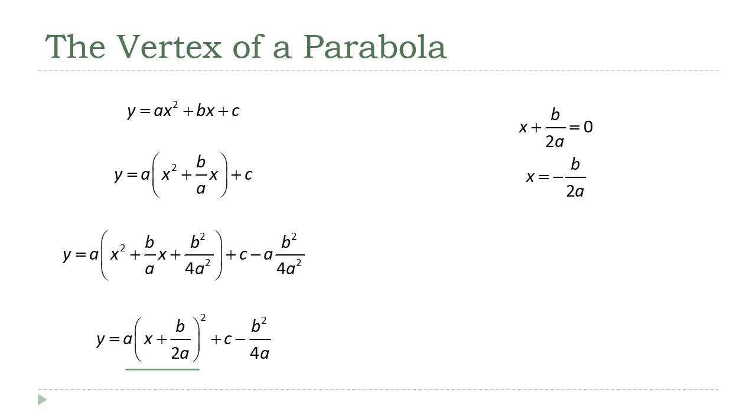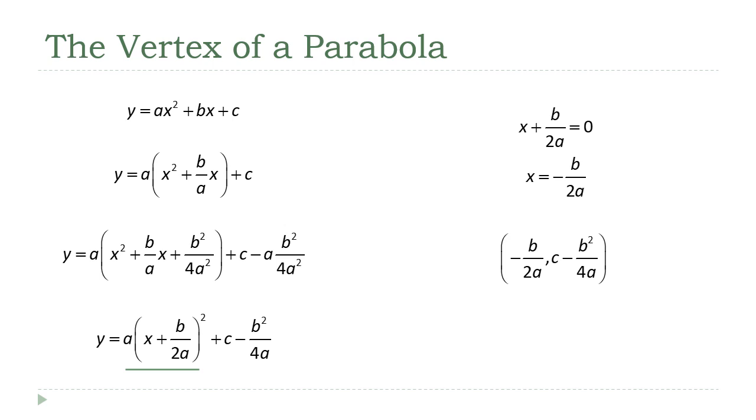Now, some textbooks will say, okay, well, what about the y value of the vertex? Well, if you take that, substitute it back into our formula there, that whole first term becomes 0, and all that's left is y equals c minus b squared over 4a. Okay. Not quite as elegant a formula as negative b over 2a, but if you like a good formula, by all means, remember that one and you'll be in good shape. If you don't, look,